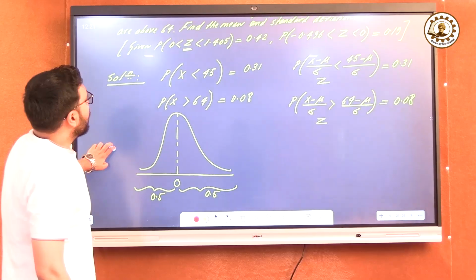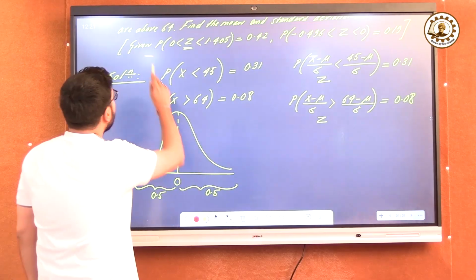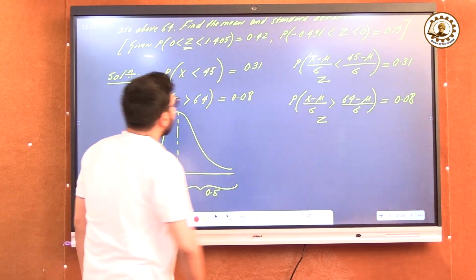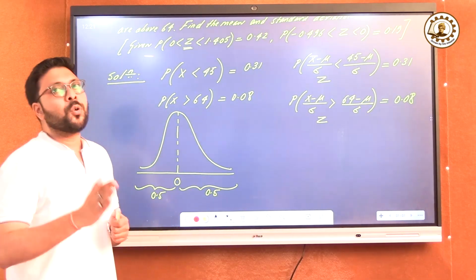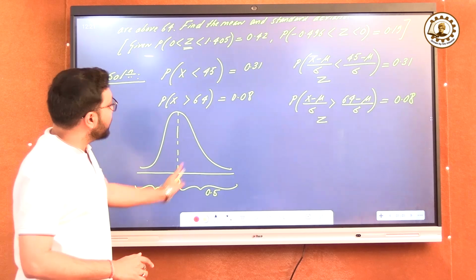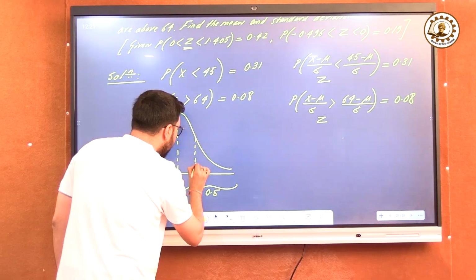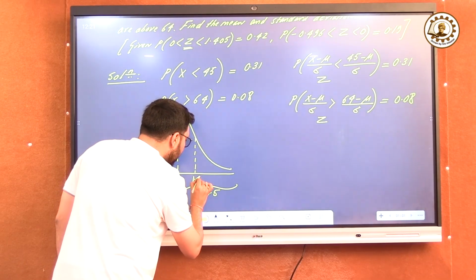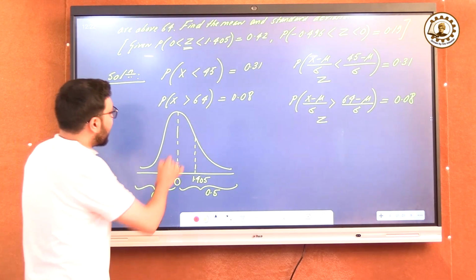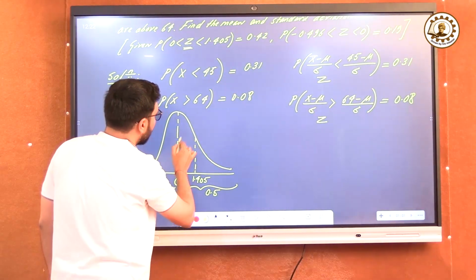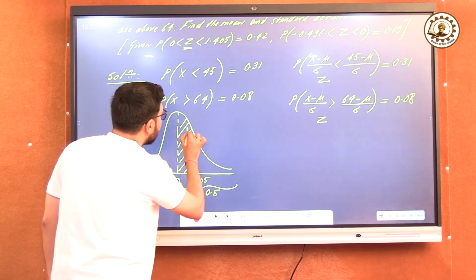Next, you see, whatever has been given here, I am going to draw it right here. Given probability 0 less than z less than 1.405. So of course this 1.405 is going to lie on the right side of 0. So I am going to represent it. See, 1.405. So as per the question, this area is given as 0.42. So I can write it as this area is